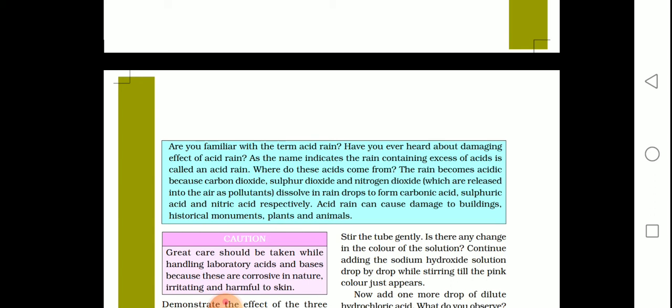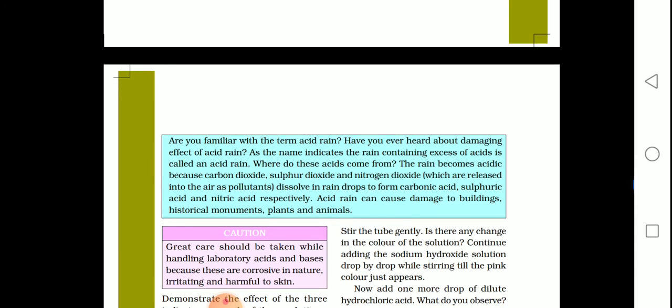So why is it so? What is there in the acid rain that will affect the monuments or statues or buildings? As the name indicates, the rain containing excess of acid is called acid rain. Where does this acid come from? When factories and industries release poisonous gases, or you can say vaporized acidic solution, into the atmosphere,